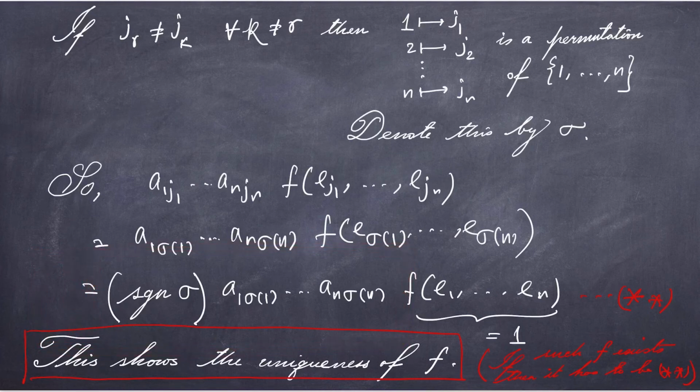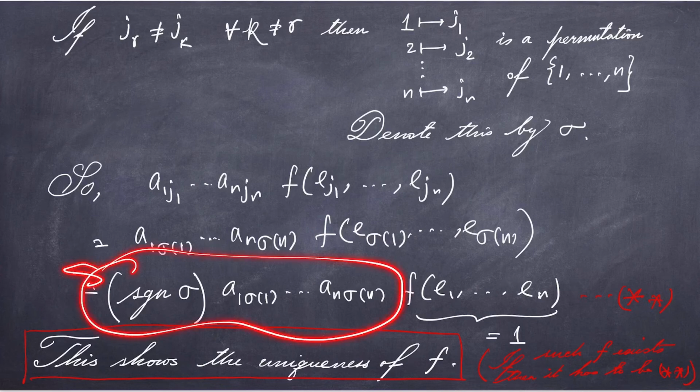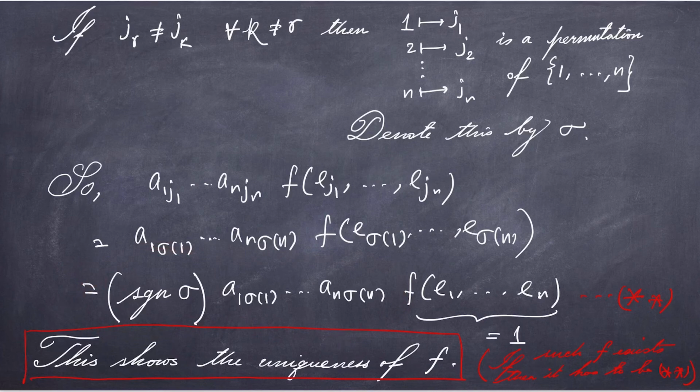So that indeed shows us, if such an F exists, then it has to be unique. So the uniqueness part is clear, and it's independent of the existence part. Please try to follow what I am doing. We have shown that if there is an F with these three properties, then the value of F for any V1, V2, ..., Vn has to be the sum of these terms, and that shows us the uniqueness of F. And not only that, it also tells us how to construct F, because our primary job is to construct F. So with that motivation,